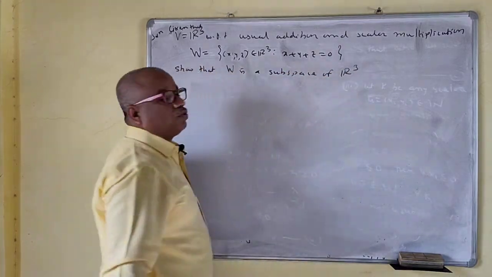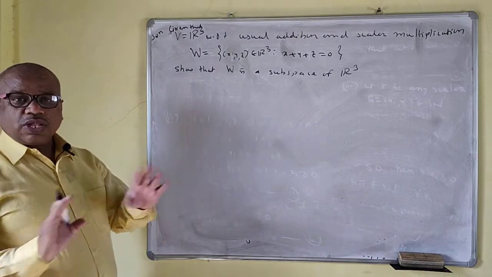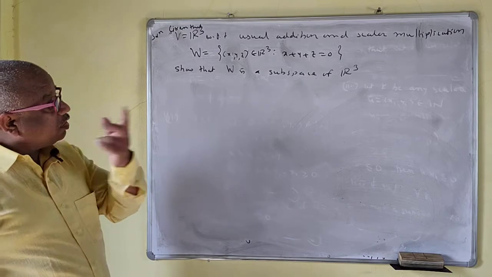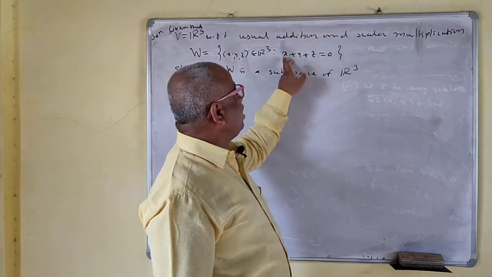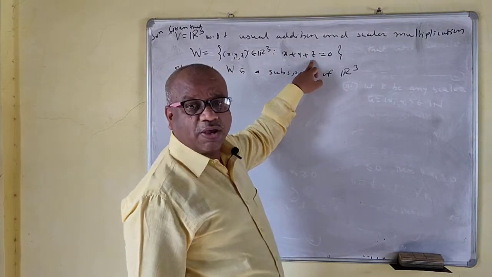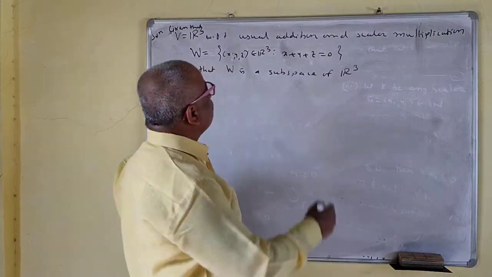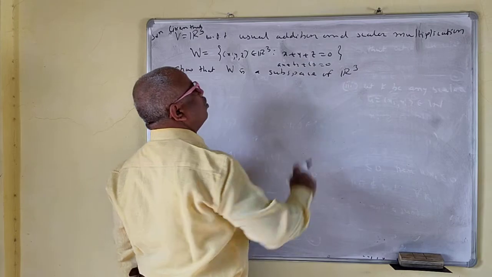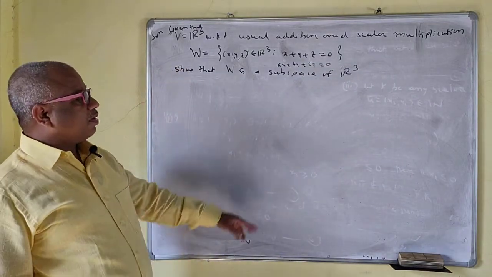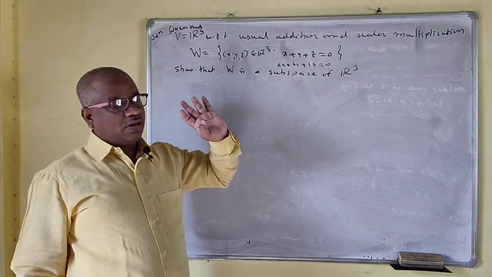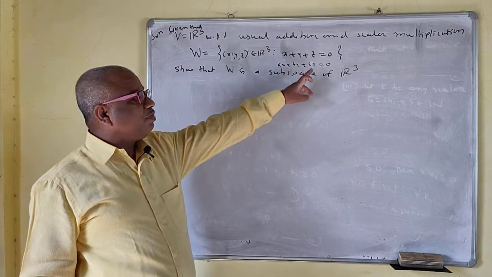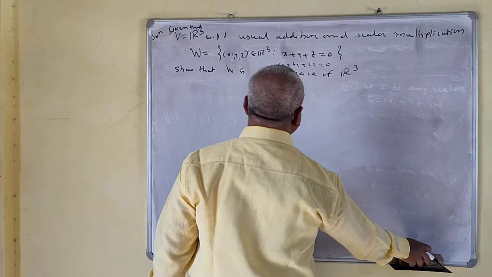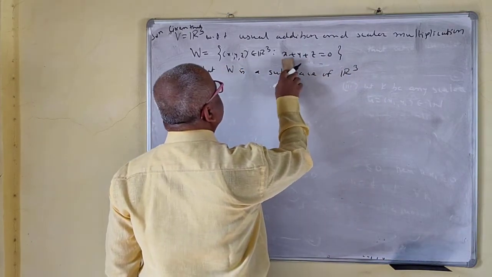So this is the plane passing through origin. We know that the plane passing through origin is always a subspace. So you may take here twice x plus 3y minus 5z, something like this. No problem for this one. You can write this as ax plus by plus cz is equal to 0, for a, b, c any real numbers. Even if a is equal to 0, that is also a subspace. So we'll prove this one now.